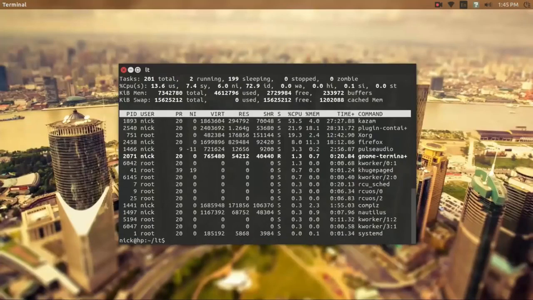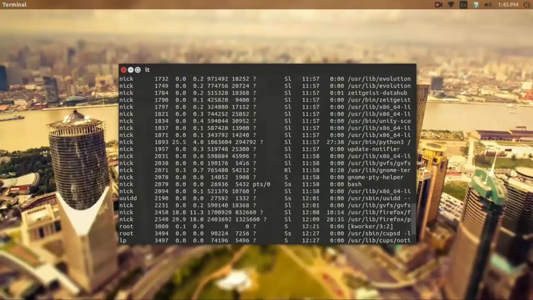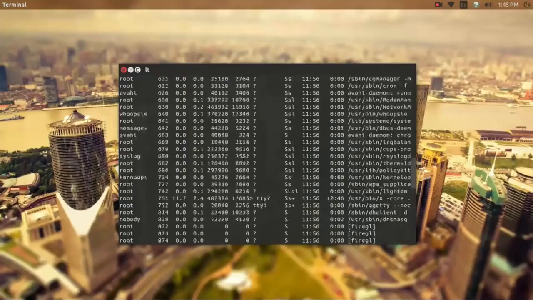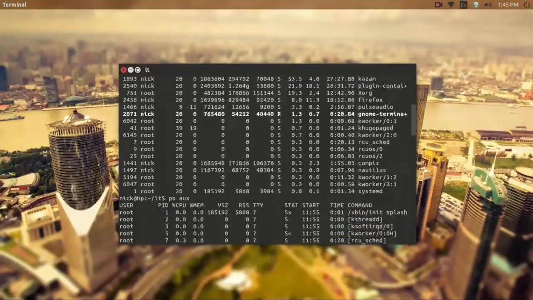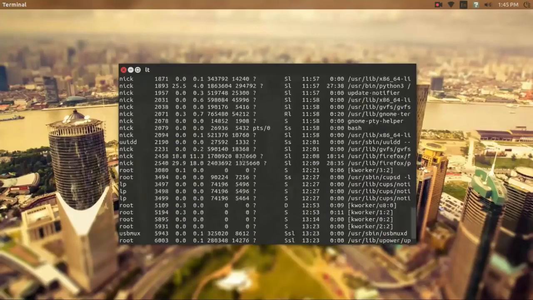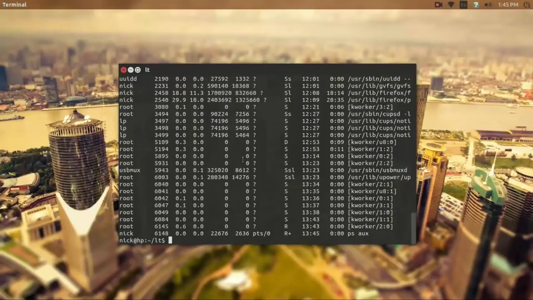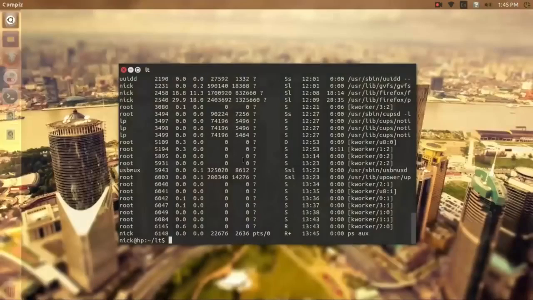So what we're going to do to see the entire list is use a command called ps aux. And this is not real time, so this captures it at the time that you run that command. But you can see the list is quite a bit larger, and we can go through and look for applications that we want to see. But this can get a little convoluted just because of how large this list can be. So I'm going to run